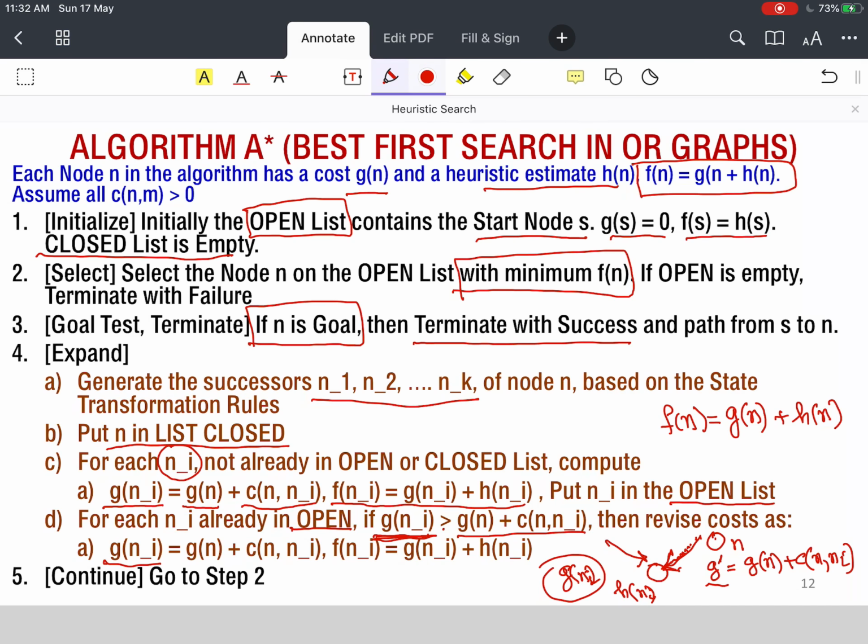So if it is already in open and I come with a smaller cost, then I update the value of G(n_i). And once I have done this, I go back to selection of the node.